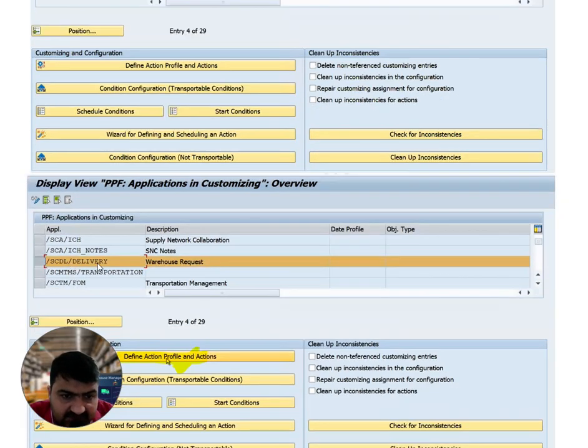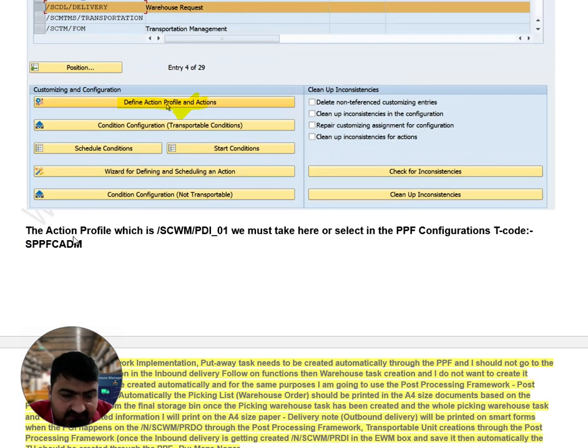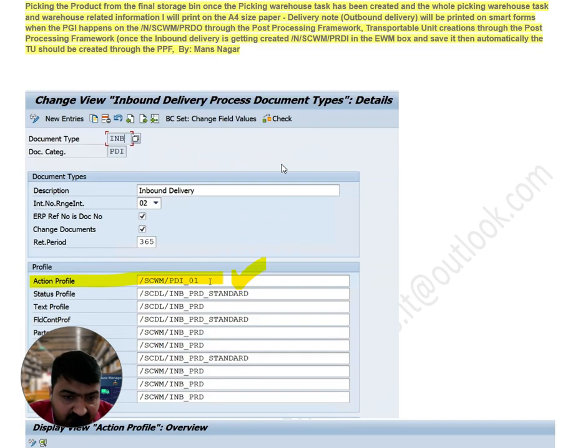Then I select STDL delivery, same. Then define action profile and action. The action profile is /SCWM/PDI01. We must select it in the PPF configuration T code. This is a very important configuration.